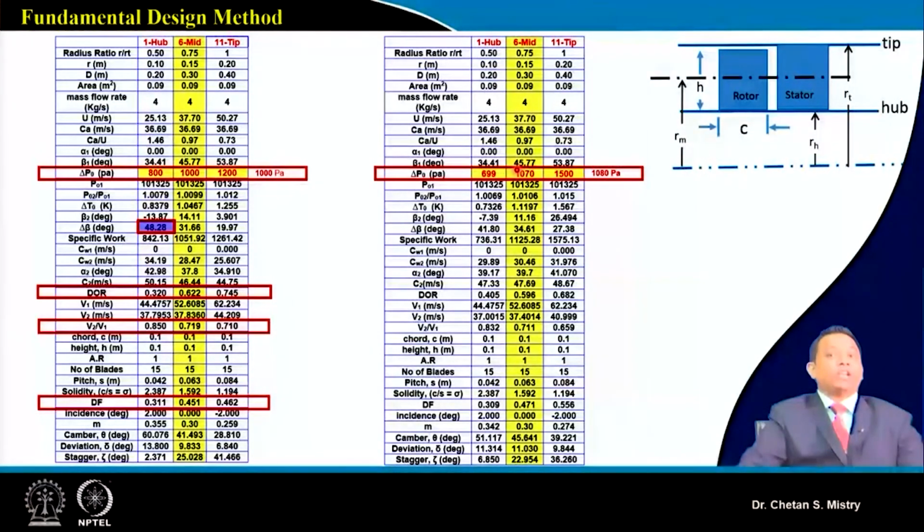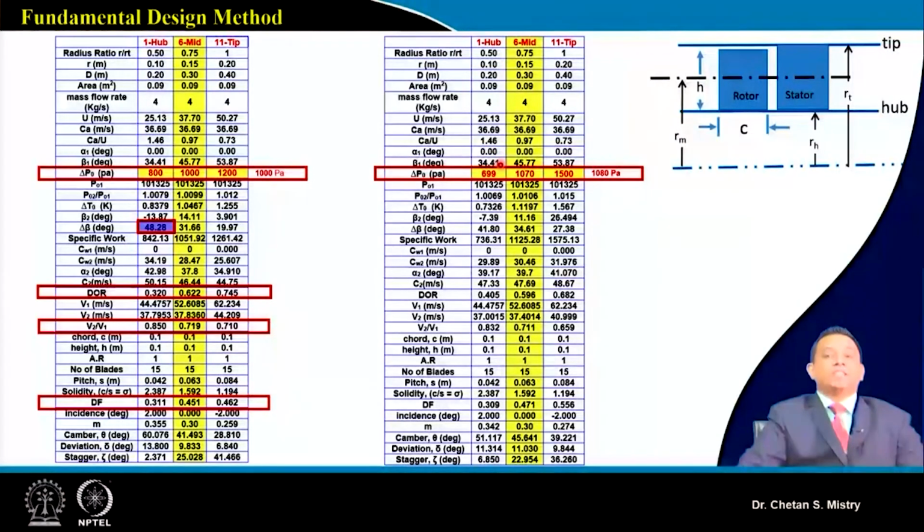There is nothing wrong in that. Because we have no idea what the losses will be and how much pressure loss will happen because of my tip clearance, since here we are not making any consideration for the tip clearance. So what we have done in this case is, at the hub,